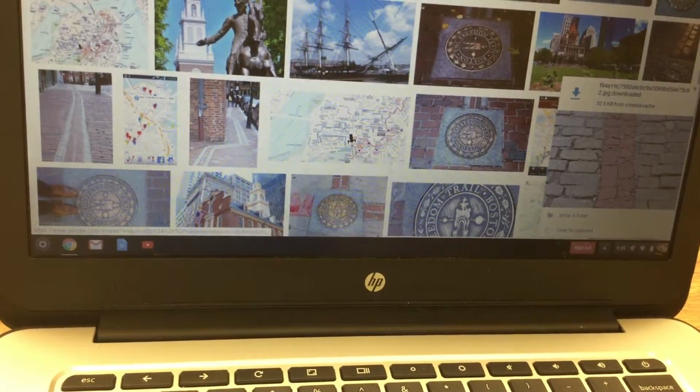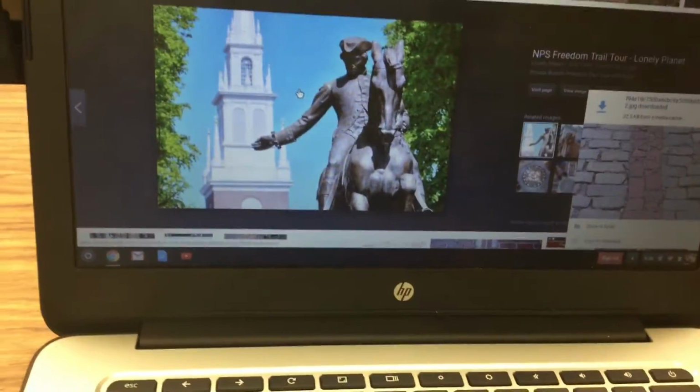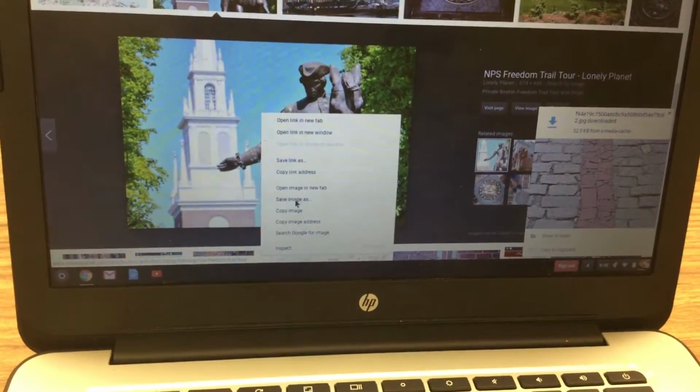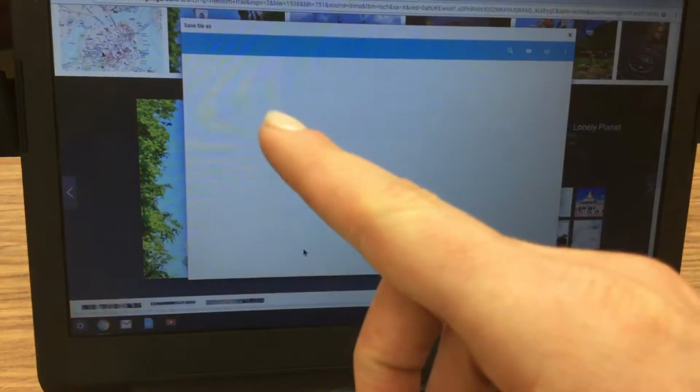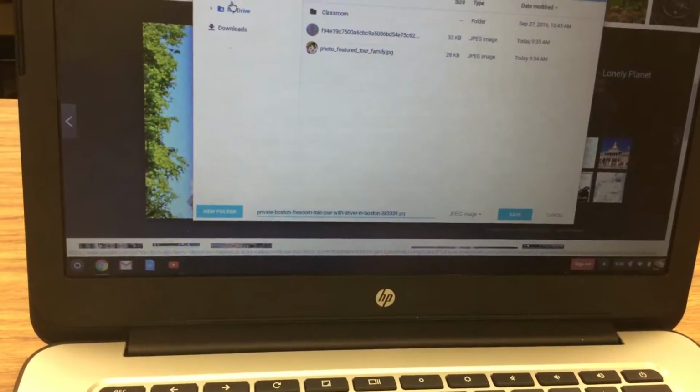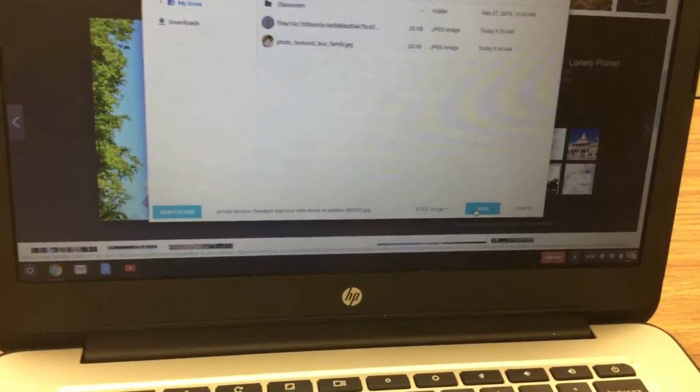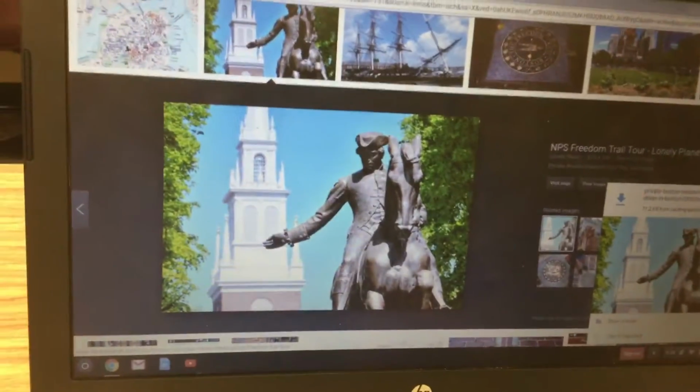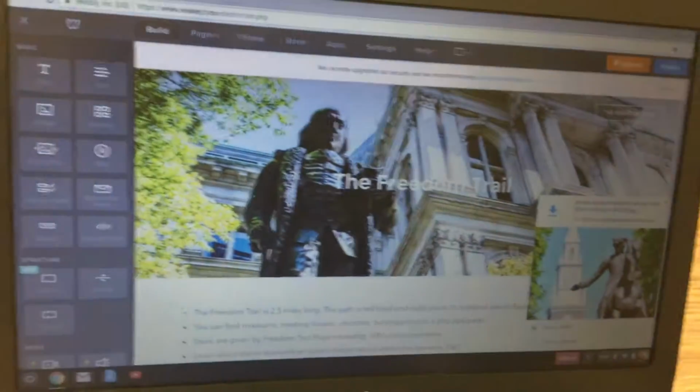And then we'll take one more, 2-finger click, Save Image As, and Google Drive, and save. Okay, so then what you're going to do is click back over to Weebly, and